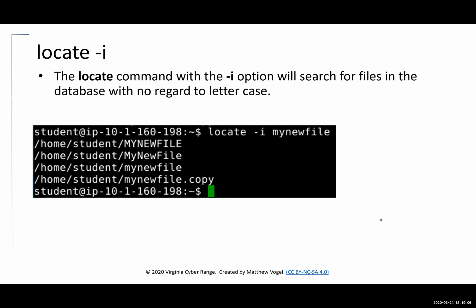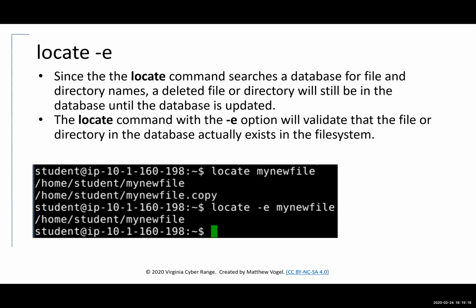You can use the -i option, just like with the find command. You can do a case insensitive search. You can do the same thing with the -i command. So here -i is going to find things regardless of case. -e